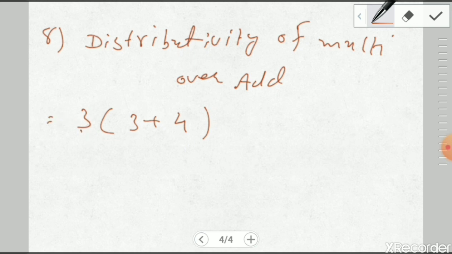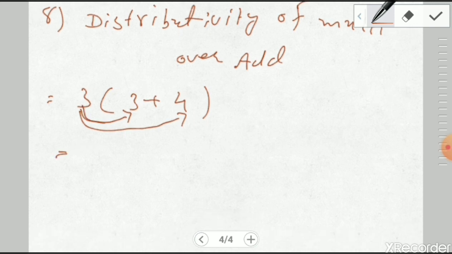That means 3 will get multiplied with the 3 and with the 4 also. So 3 multiplied with 3 becomes 9, plus 3 multiplied with 4 becomes 12. So its final answer is 21. So 3 has been distributed over that bracket in the form of multiplication over addition. Let's take